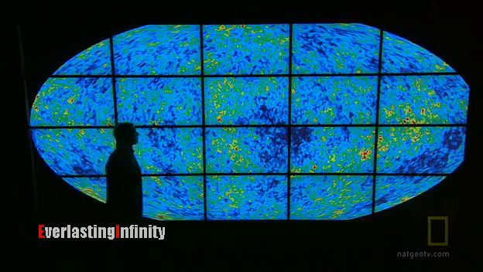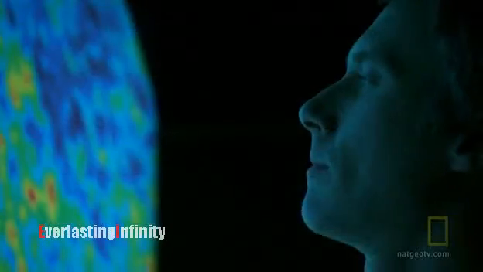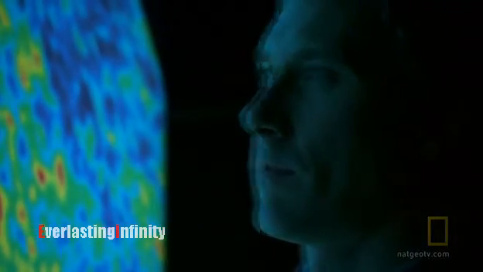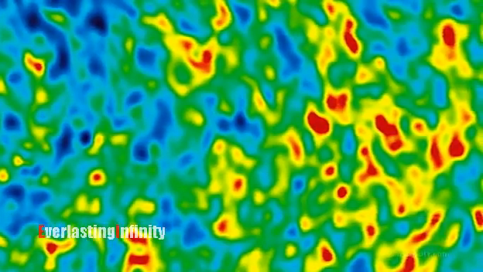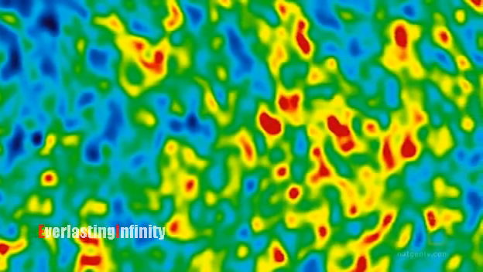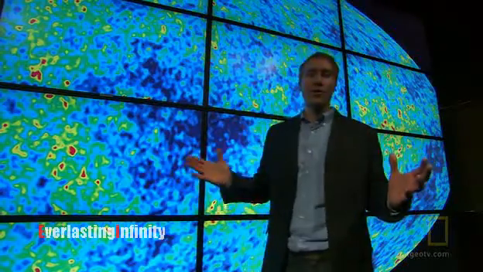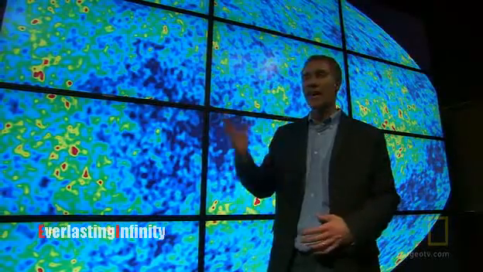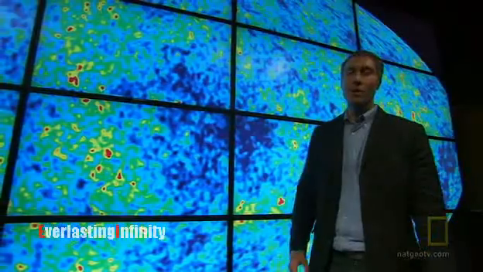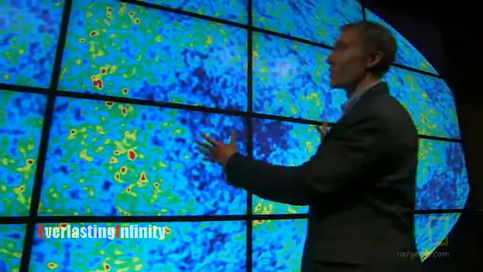The universe is filled with a hot atmosphere of matter and radiation. But already the seeds of change are being sown. Everywhere we look around us in the universe, we see structure. We see galaxies all over the place. Where do these galaxies come from? There's a big clue to this buried in this picture.